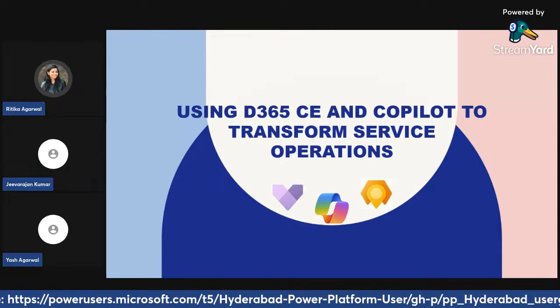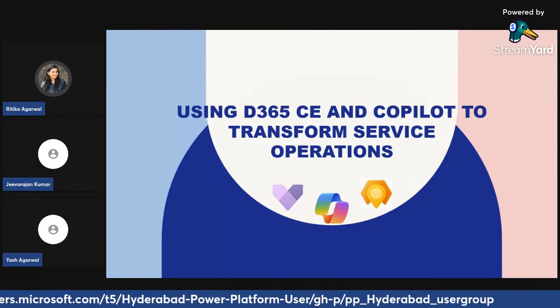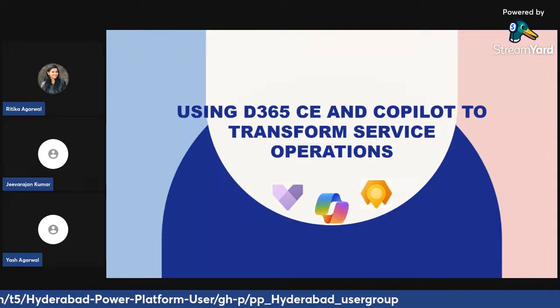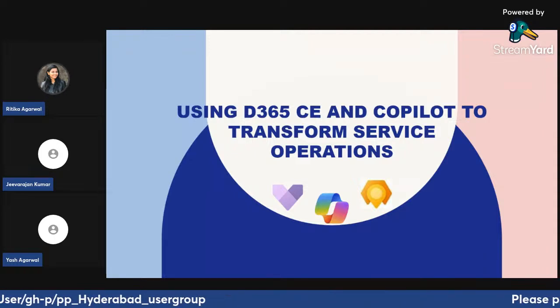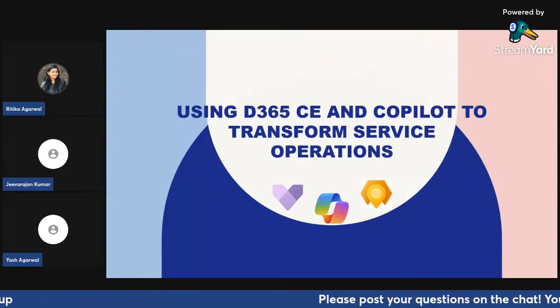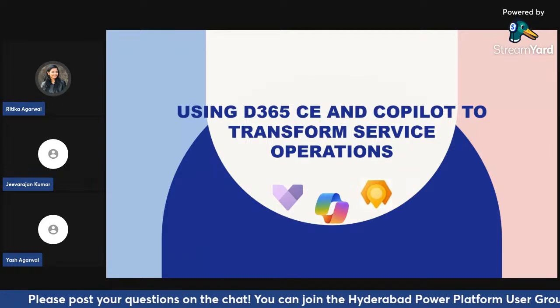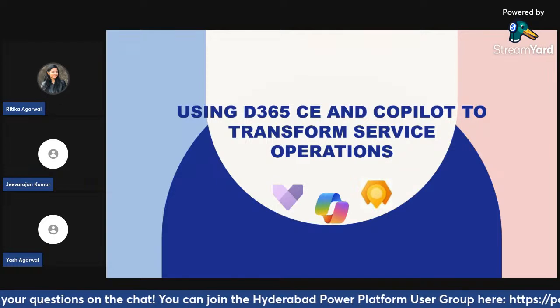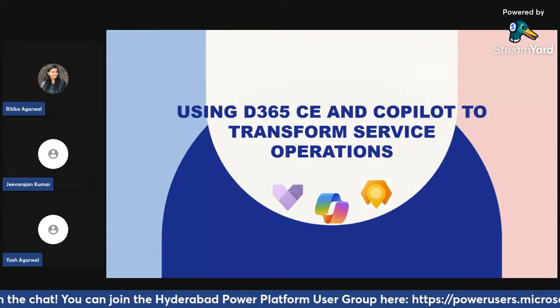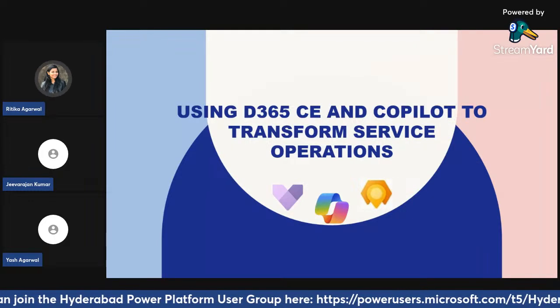Then, our next speaker is Dharanidharan Balasubramaniam. He is also a Microsoft MVP and is also working on things related to Microsoft Power Platform and Dynamics 365. Dhani's session is about how you can implement ALM for Power Platform and become zero to hero. So first we will start with Jeeva.